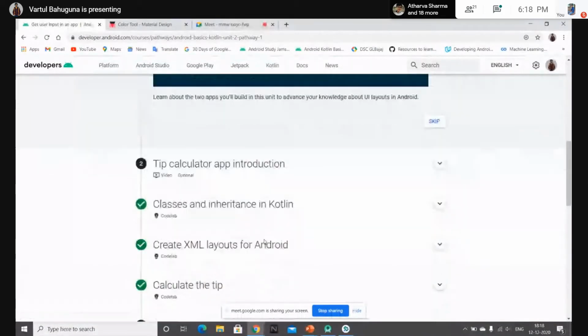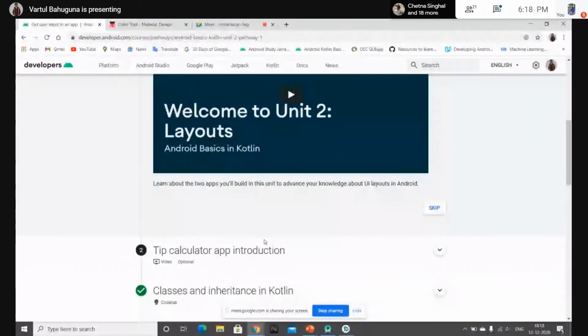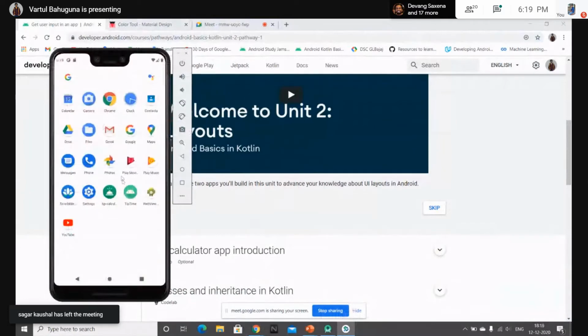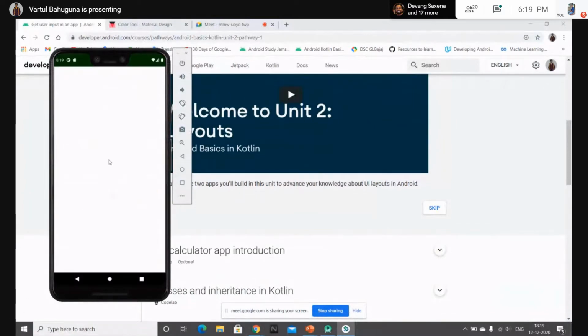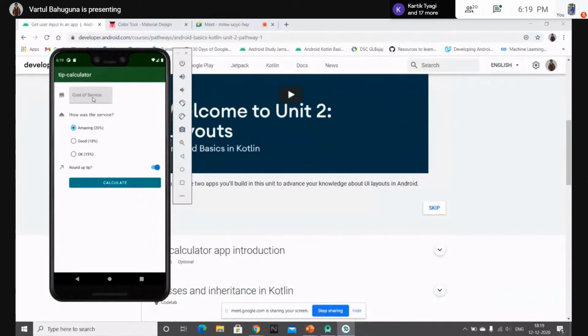In this pathway, we will be making a tip calculator app. Let me show you a glimpse of that app. So here's the glimpse of our app.